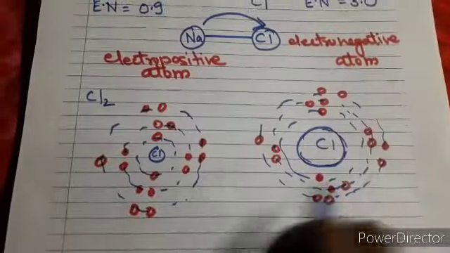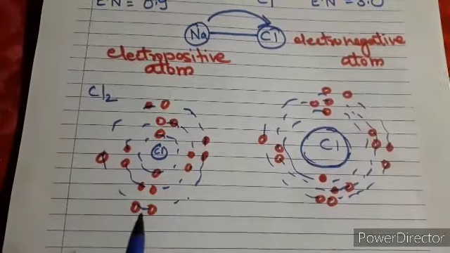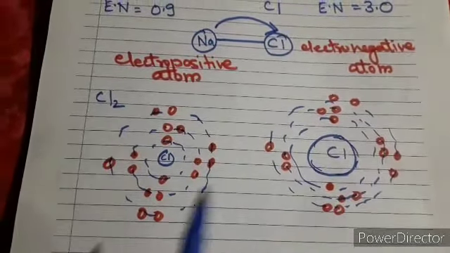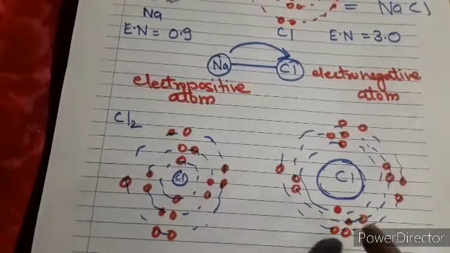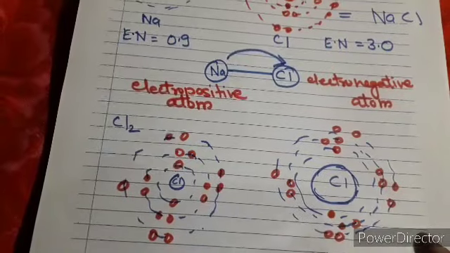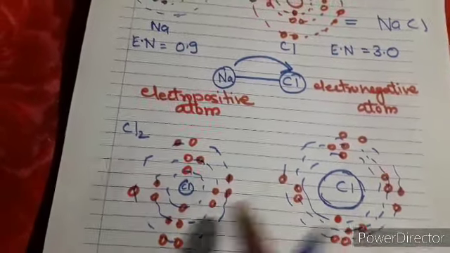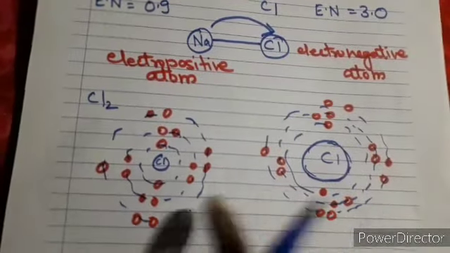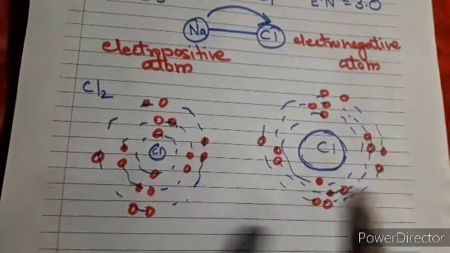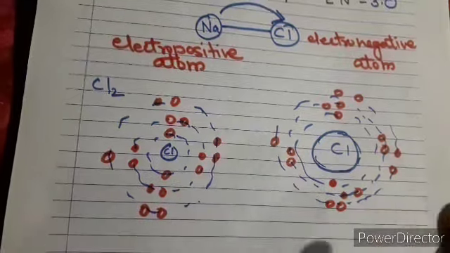Now you can see I've made both the diagrams, and in both the diagrams the number of electrons present in the orbits is the same, because both of them are the structure for the atom of Cl. My diagram is one big and one small because my drawing is not very good, but you have to understand that everything is the same over here. You cannot say that both the atoms are different.